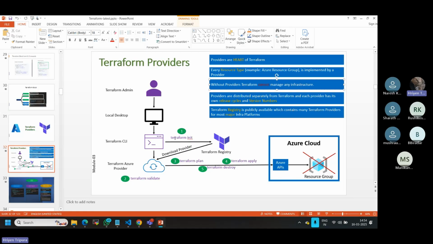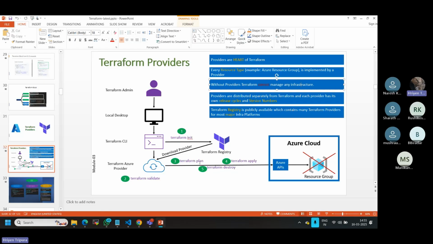Now, as soon as I type here in the Terraform Registry, it goes to the provider page, and Terraform will see which provider I need to install. Terraform will not be able to understand unless you define the provider, because it needs to know which provider you are going to use. If you have to download a provider, first of all Terraform needs to know what provider needs to be installed. So this is why it is important. In my case, it is the Azure Terraform provider I'm going to use. Next,